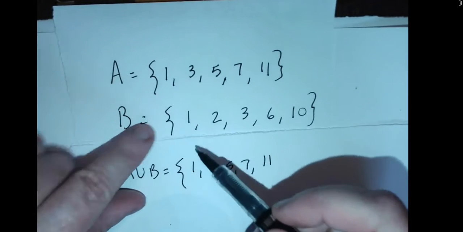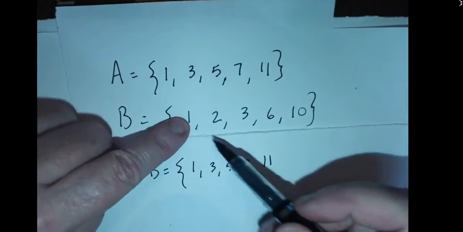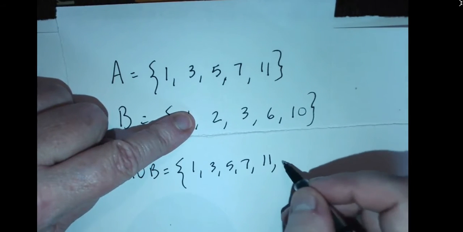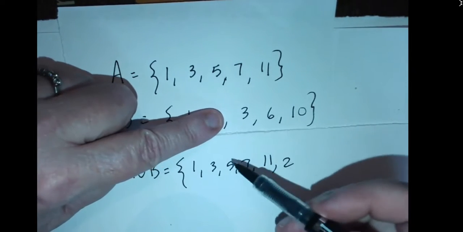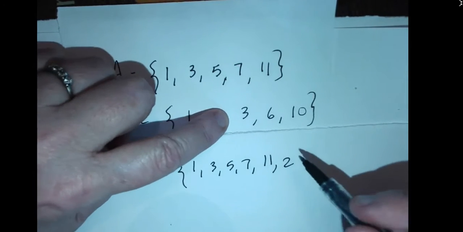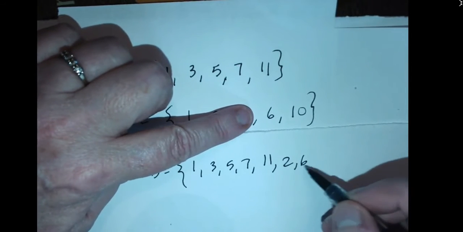So I'm not going to add that 1 in here because it's already in there. Now 2 is not in here, so I'll write that down. Now 3 is already in here, so I'm not going to write it down, can't have repetitions, and then 6,